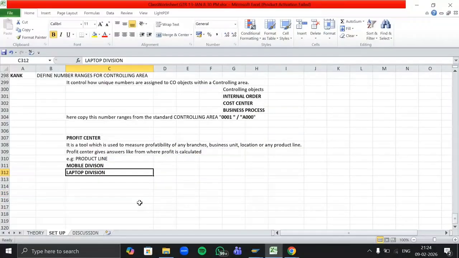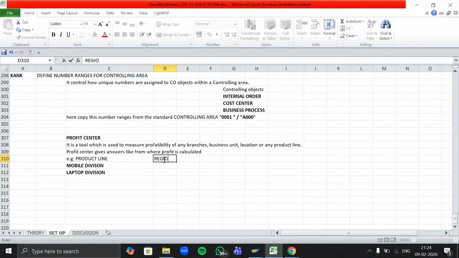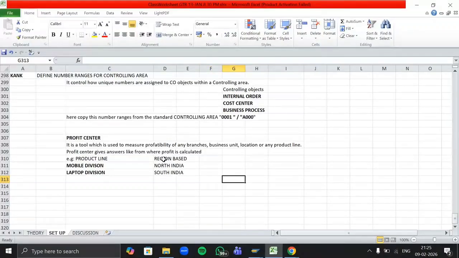Then I can create Profit Center as region based. Region based means how much profit we are earning from North India, how much profit we are earning from South India. I can create Profit Center as per the business unit wise. Business unit wise means are we getting more profit from retail business or from wholesale business.